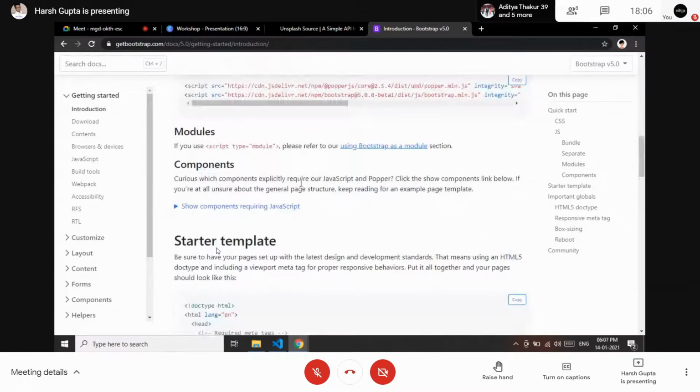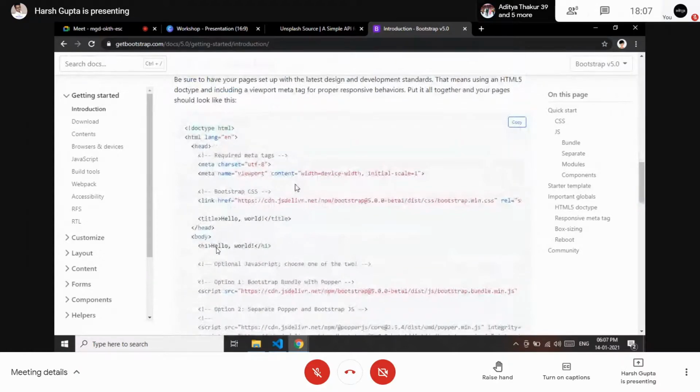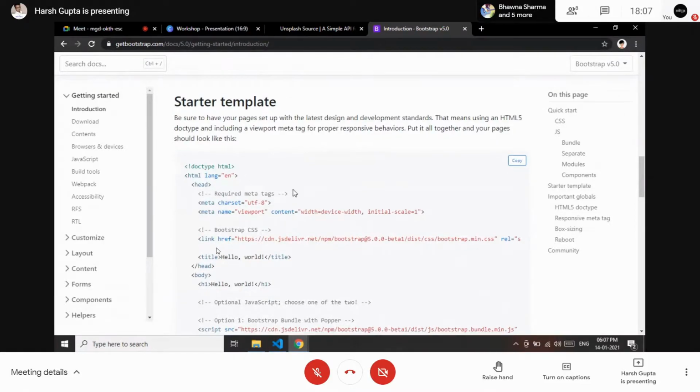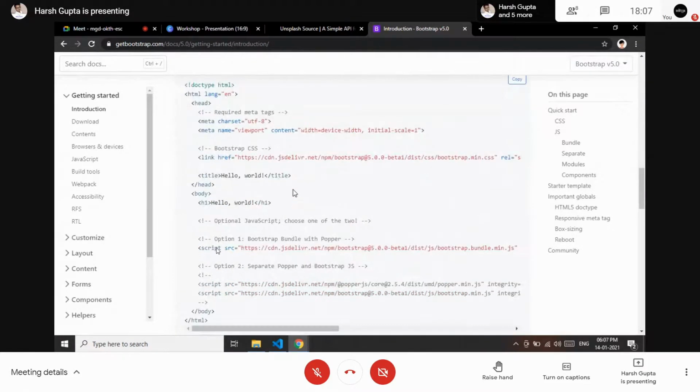But as a beginner, we don't know what to use and when to use. So we will be using this starter template, which has very introductory code for Bootstrap. It has the CSS code and the JavaScript code and all the additional code.